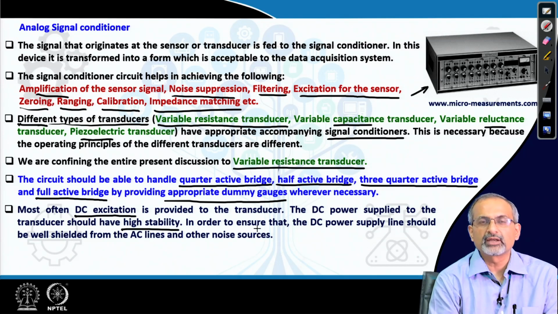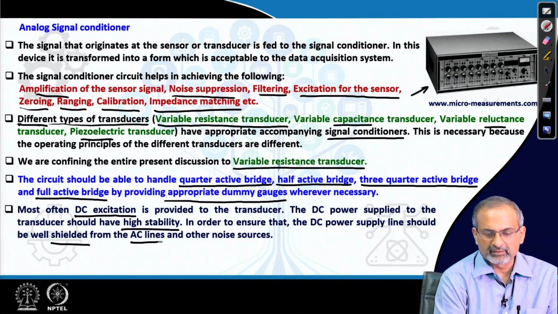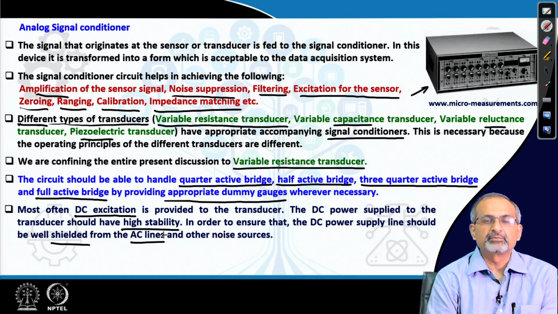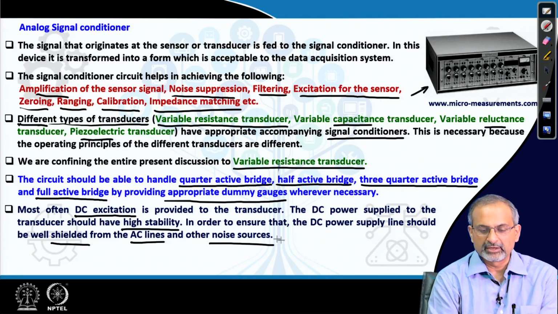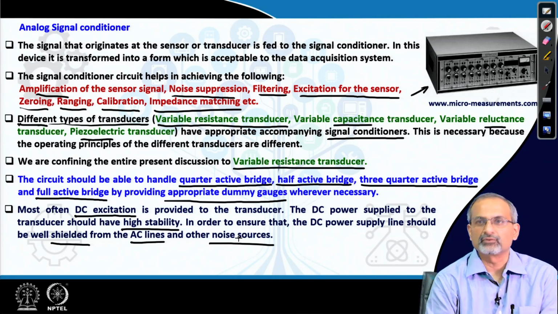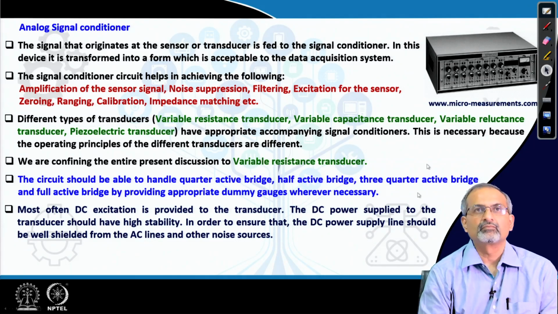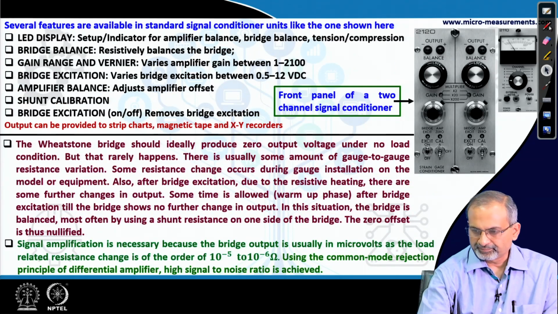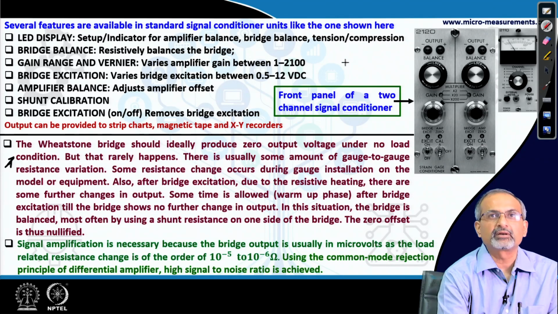In order to ensure that, you need to have shielded cables used, and the shielded cables should be isolated from the AC lines and other noise sources, in order that you keep high stability in the DC excitation voltage. We will continue with the bullet points at the bottom, and we will go back to the upper part a